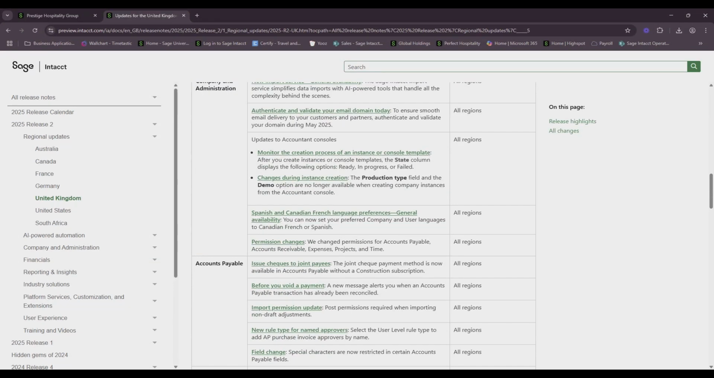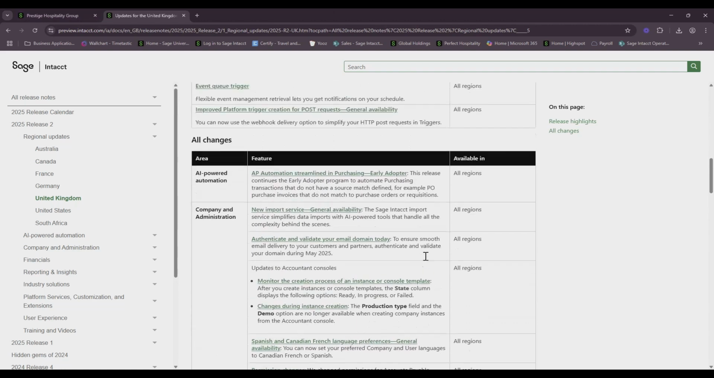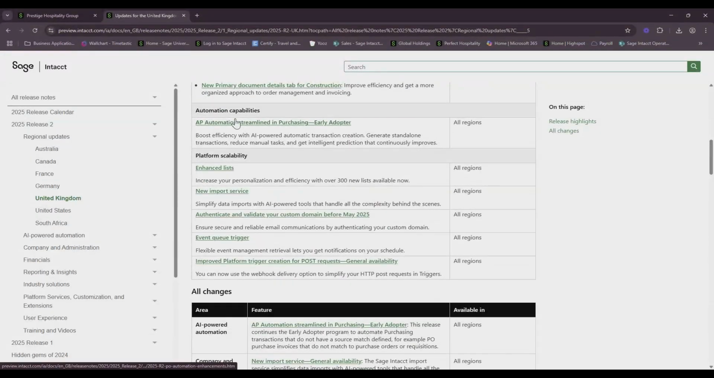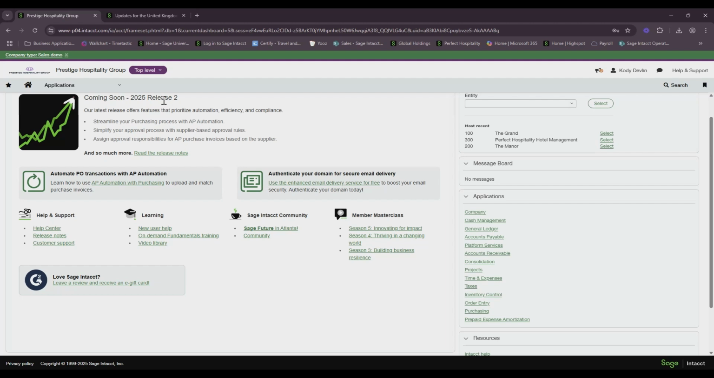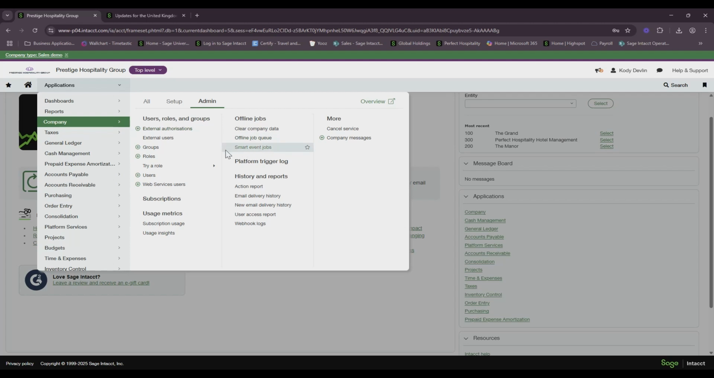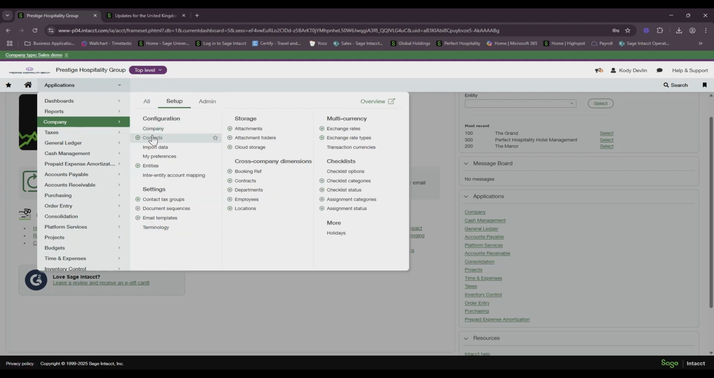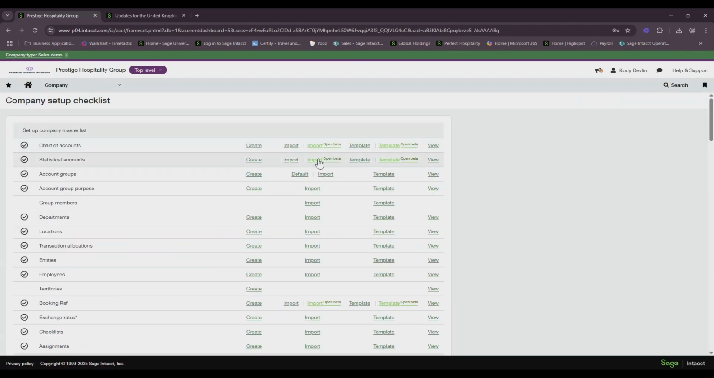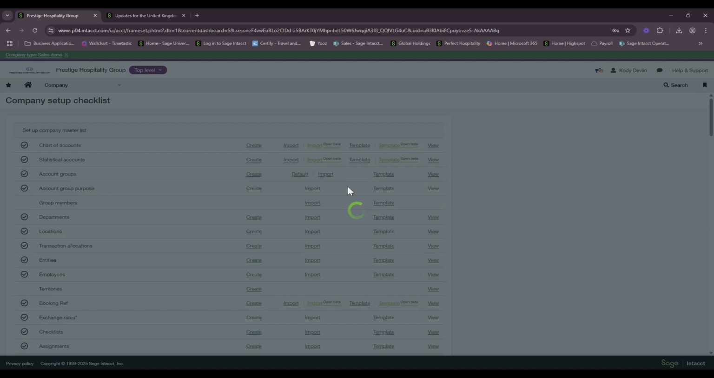So first of all, the new import service is now open for general availability. Importing data is such a critical function, and with this new update it just got a lot easier. If I navigate to my company tab, this is fully available across standard data types, so journals, suppliers, items, AP transactions, and it completely changes the import experience. To access this, we go to our company tab, setup, import data. At the top, we have this import button here. If I press this now,